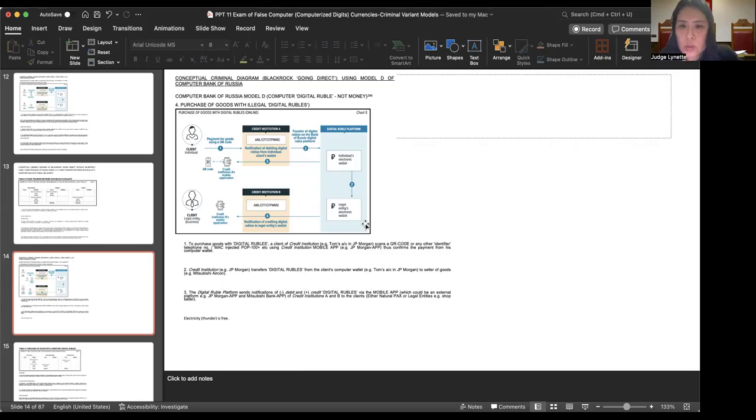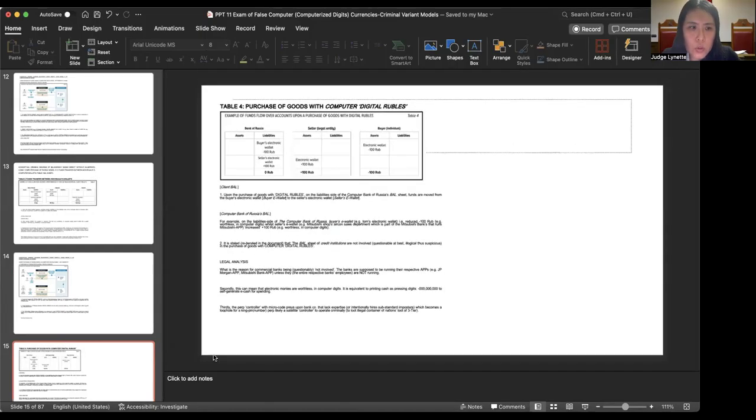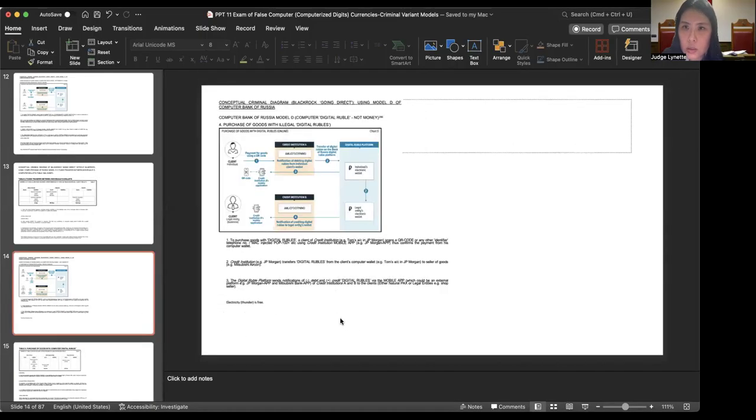So the legal issue here is that it could just be an external platform that is doing this transfer for both parties. So then this middle platform becomes the new bank, which is not the legal issue. The legal issue is that this new bank that intercepts and does the transaction on a common platform for both parties could be an unknown perp. That is the legal issue.